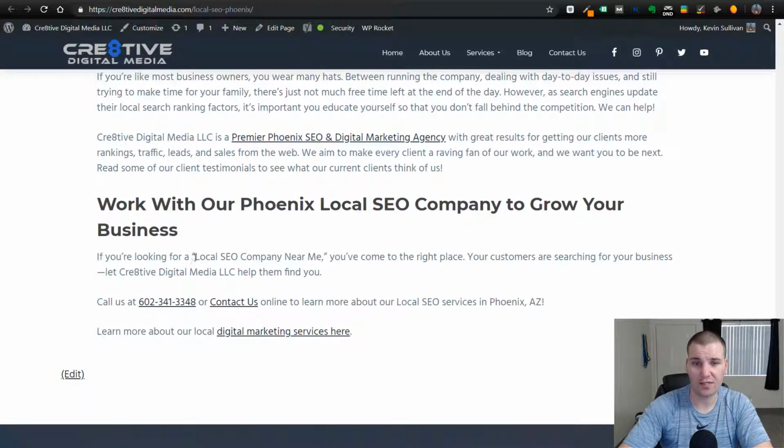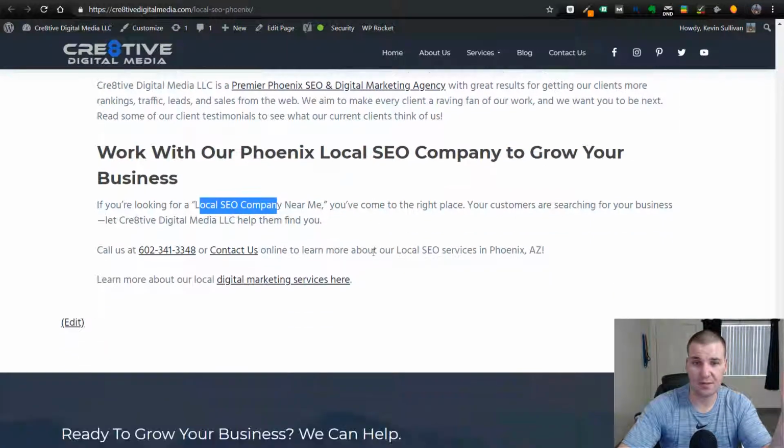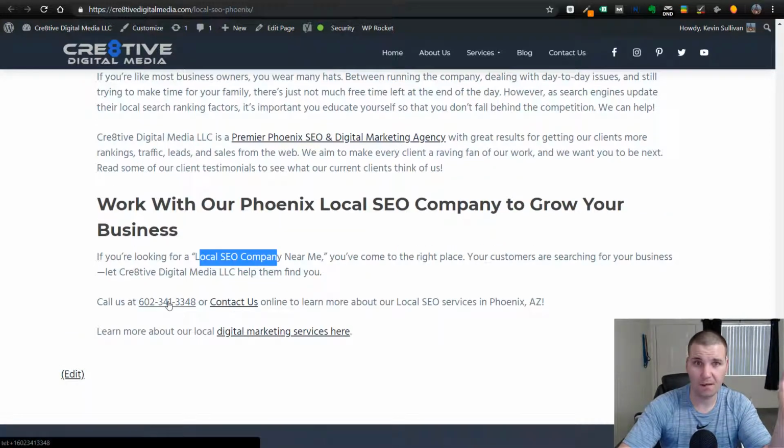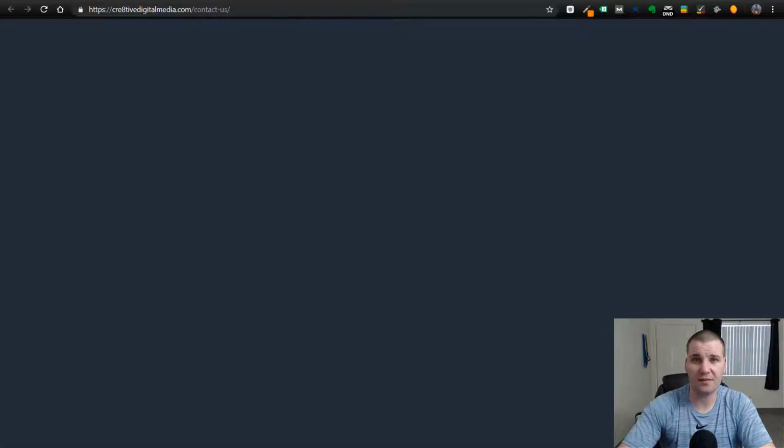Even using words like local SEO company near me. But I'm not just saying it randomly in the text, I'm using it as an example. If you're looking for a local SEO company near me, because that's a common search, I have that keyword on my page. Having just added these pages 2 days ago, I doubt I'll show up for these keywords, but I am showing up for my primary keyword, on both pages. I have a clickable phone number on the page,